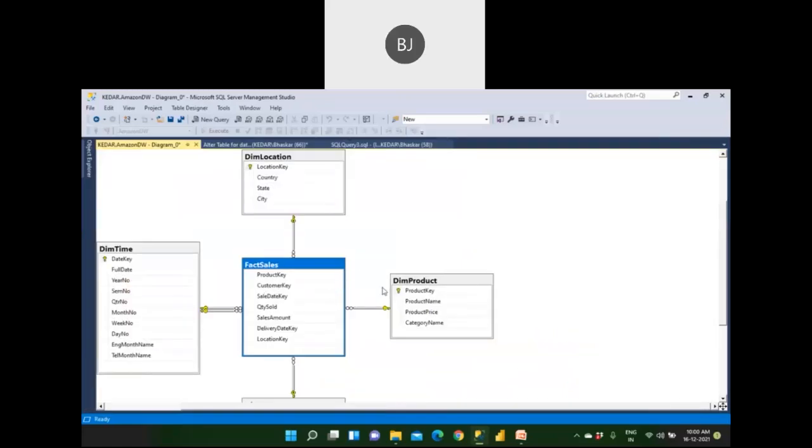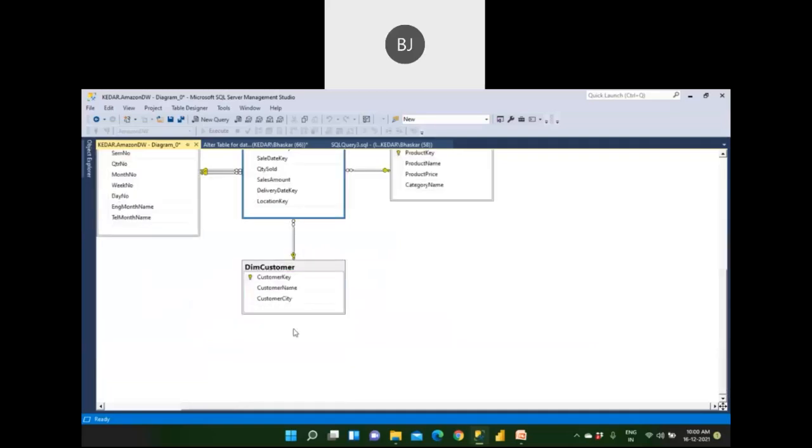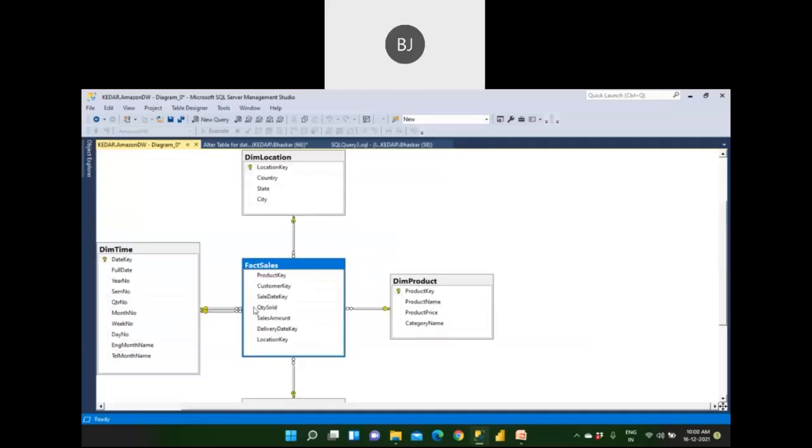This schema is called a star schema. Why star schema? The dimension tables are directly linking. Understand? When the dimension tables are directly linking to the fact table, the fact table is in the blue color. These are in the gray color. Okay, the fact table is in the blue color. Remaining tables are in the gray color. So this is what is called a star schema. What kind of a schema is your company using? So you have to go to database diagrams, get all the things. You should be able to get it like this. Now